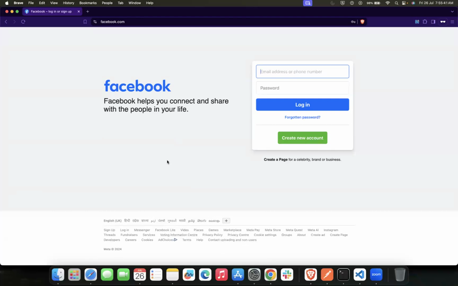Like if someone tells you to do exploratory testing on the Facebook homepage, you need to verify the entire Facebook homepage. First of all, whether you are able to log in or not, that's the most critical one, as we can see from the screen itself. Then whether forgot password is working or not. Second, whether create an account is working or not. Create a page is working or not. And these options that we have on the home screen, whether they are working or not.